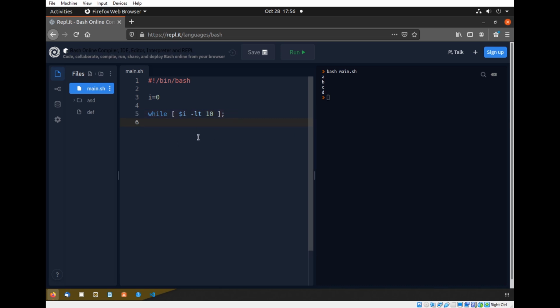While the condition holds, it will do something. To start the while loop I have to use do again and then write the statement. So let's just print it. I'm just going to print the value of i. Now I have to increment this value, so let's increment it. So the value of i will be